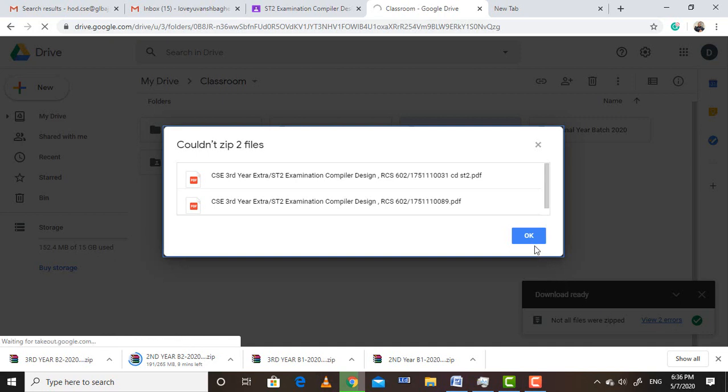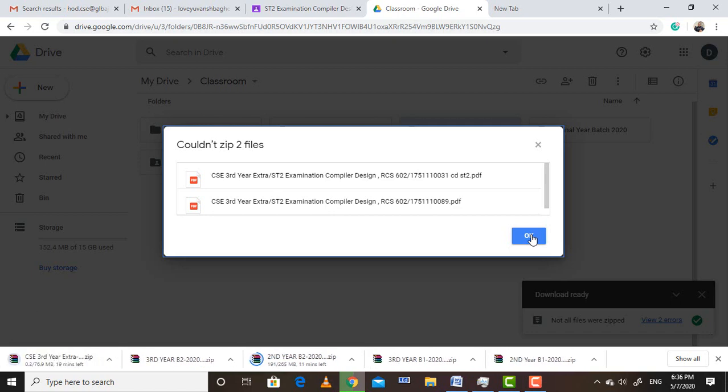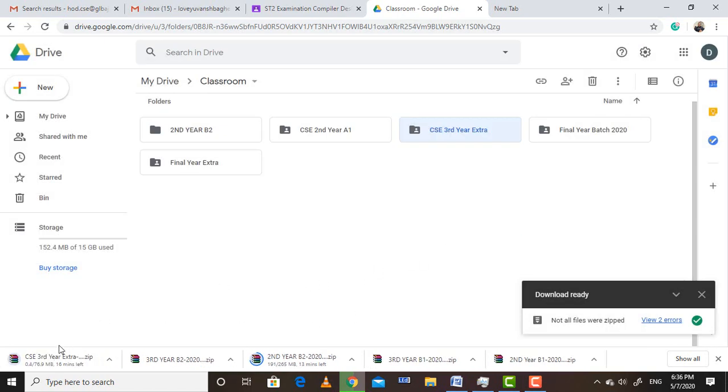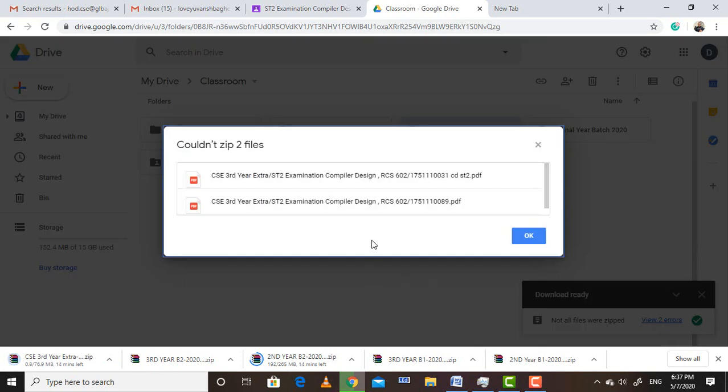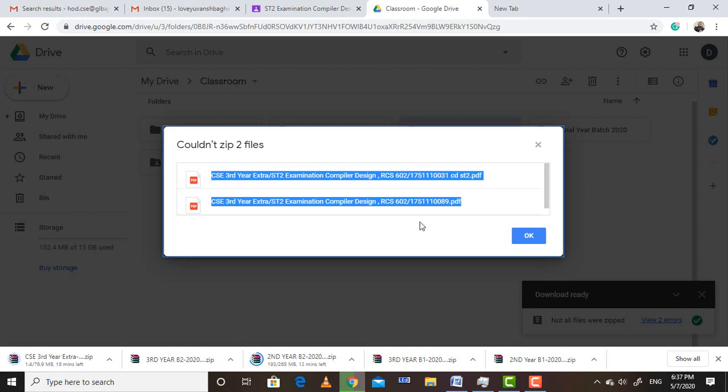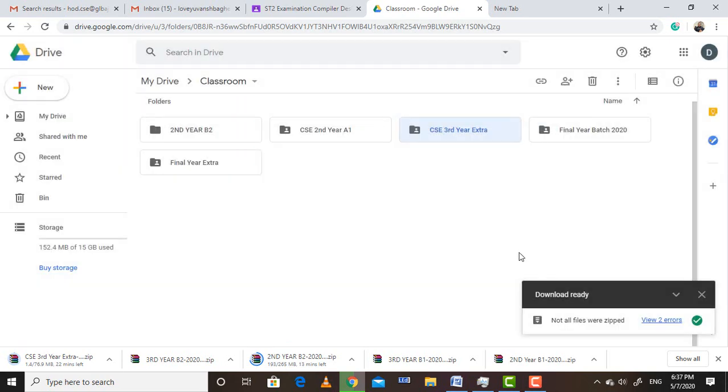It's saying some error. It is downloading now, so you can download all the files. The two files have not been zipped here, so I downloaded personally, so it is downloading the folder to me.